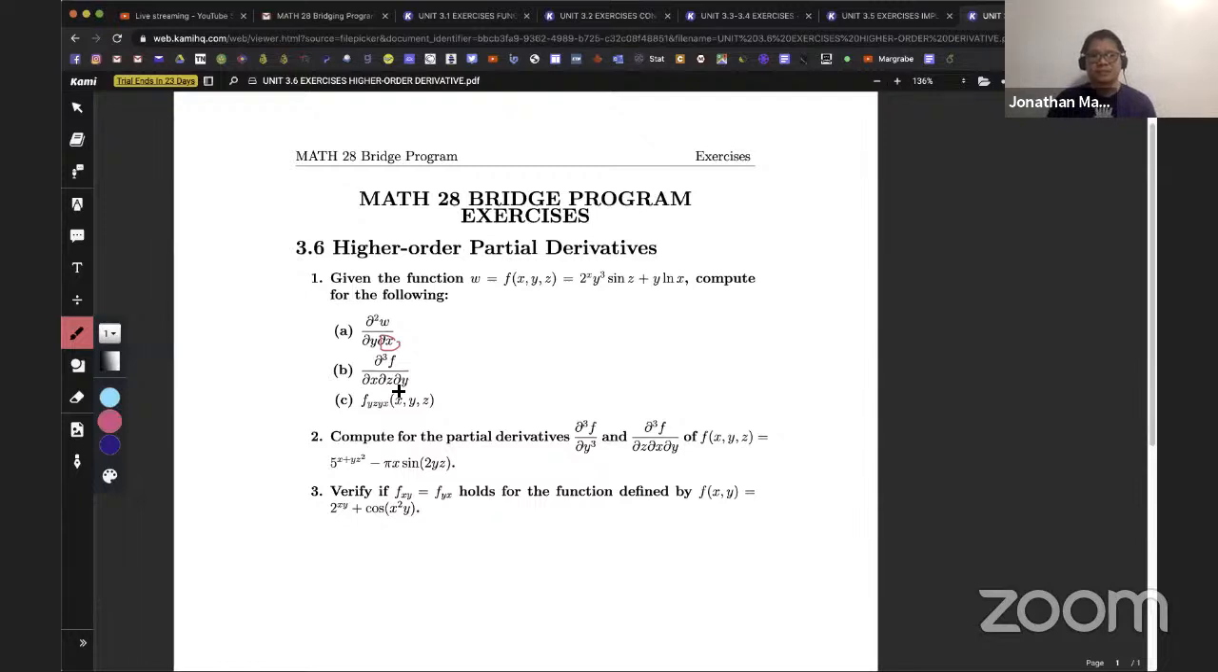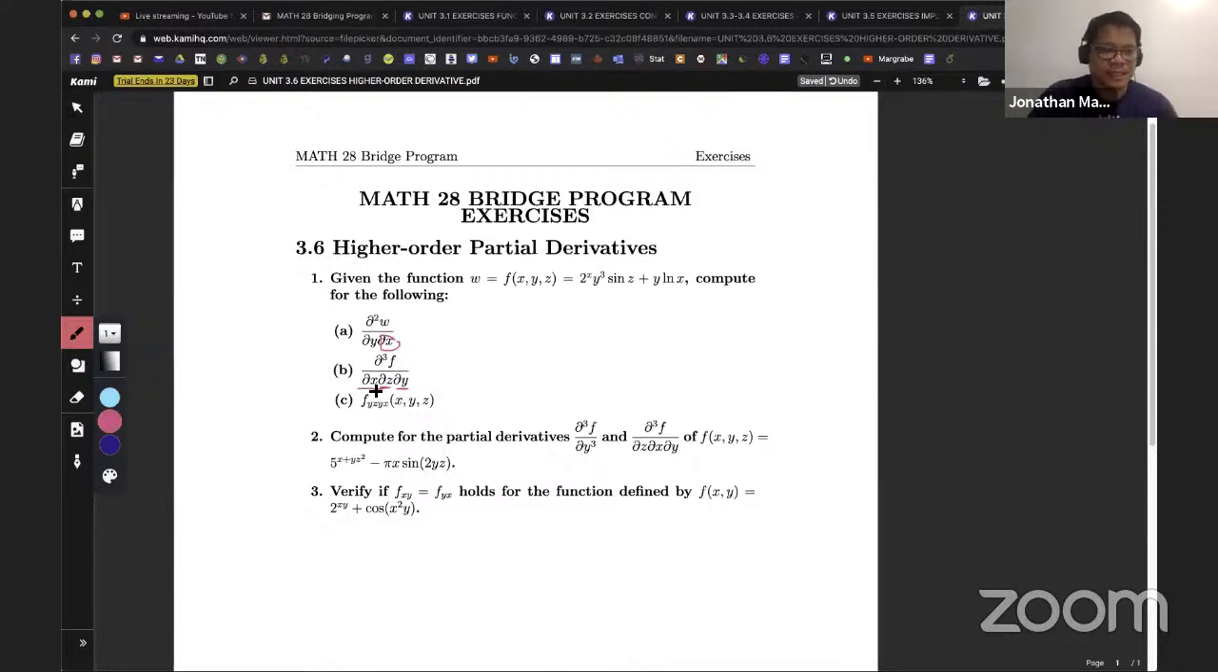So from the function f, kukuhanin mo muna yung derivative niya with respect to y. After that, from the result, kuhanin mo naman yung partial derivative with respect to z. And from the result, kuhanin mo yung partial derivative with respect to x. Okay? So, ganun lang kadali ang pagkuha ng higher order partial derivative. Just be careful with the notation. Okay? Look at